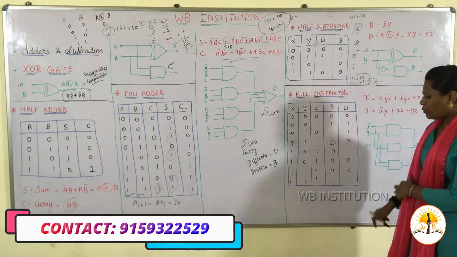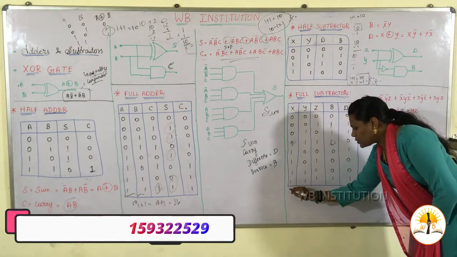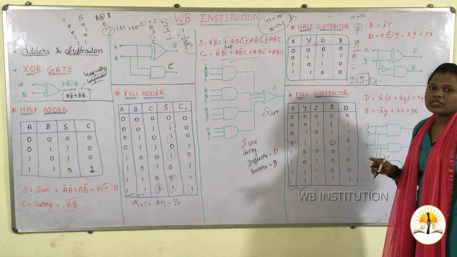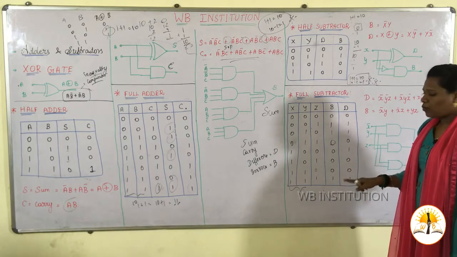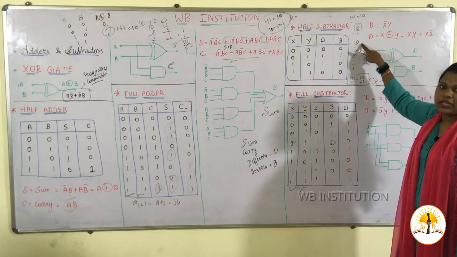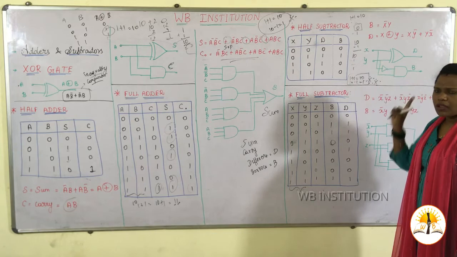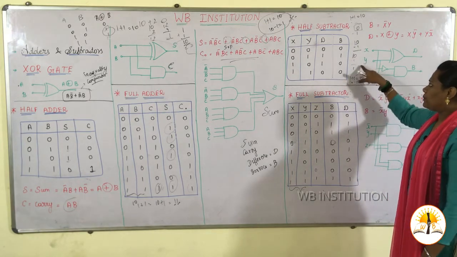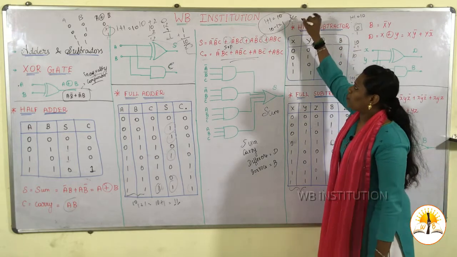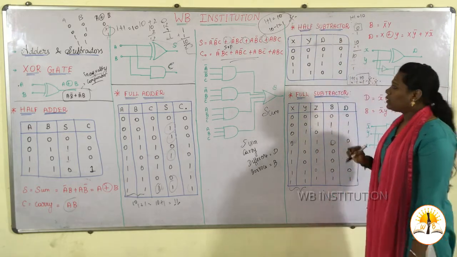Coming to triple 1. First join two bits. 1 minus 1 is 0. So 0 minus 1. As I said earlier, what is 0 minus 1? It's nothing but 10, and 10 minus 1 is 1 only. The difference is 1 and the borrow is also 1. Just keep that in mind. This one is very important to perform a half subtractor or a full subtractor operation.